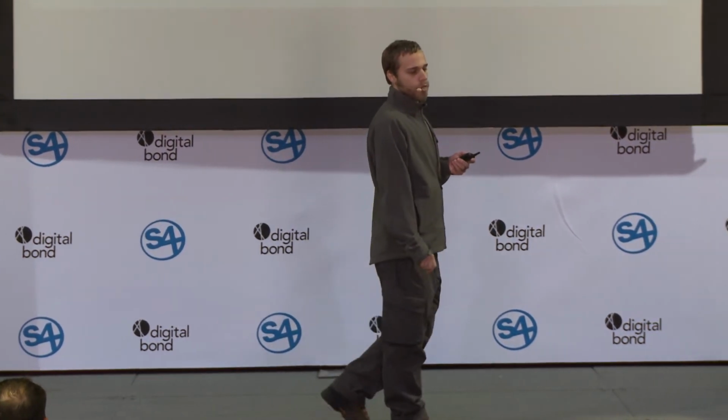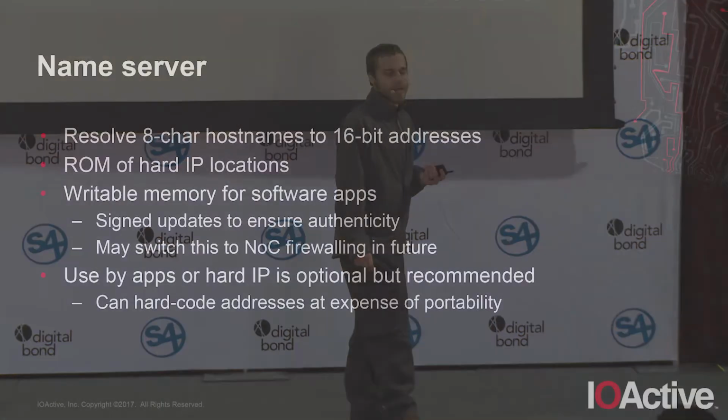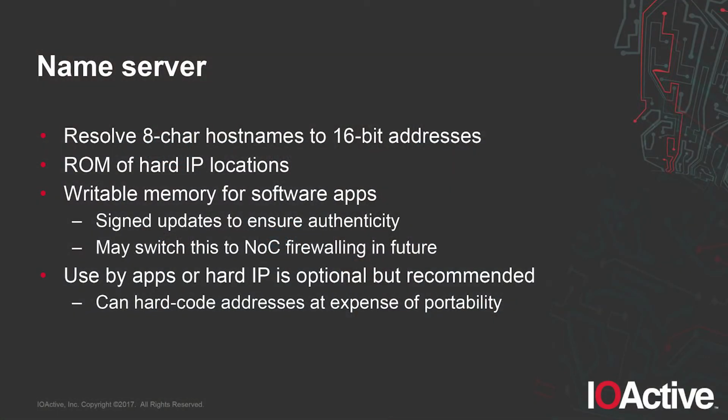So I'm going to briefly mention a couple of the other components of the architecture. For example, the name server's job is just to map these addresses, the 16-bit node IDs, back to a character string in the prototype. There's no reason they couldn't be longer. Host names. This allows you to abstract away system architecture details. So you could have the RAM controller at one address in one SoC and a different address in another one.